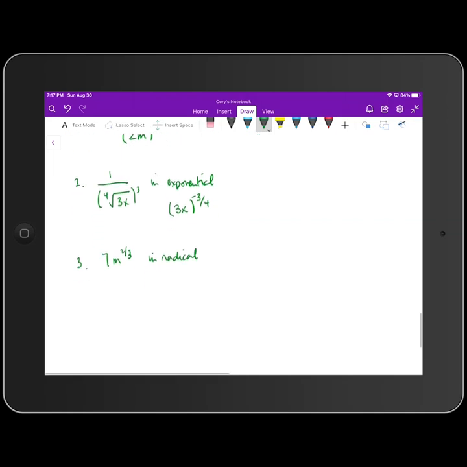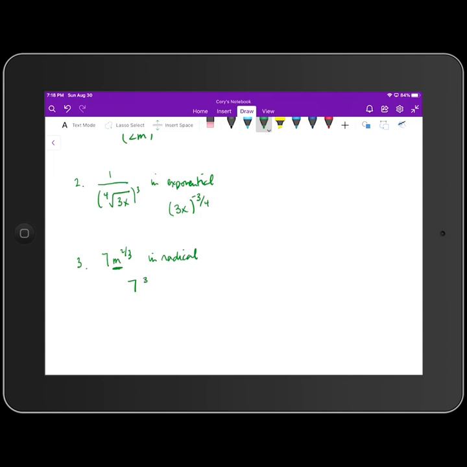Okay. Last one we're going to work through in the opposite order. So this time we're given a rational exponent that we want to write in the form of a radical. Okay, so when we look at this, the only thing that the exponent is applying to is that factor of m. So 7 is completely separate from that factor of m. So if we want to take m to the 2/3 power,